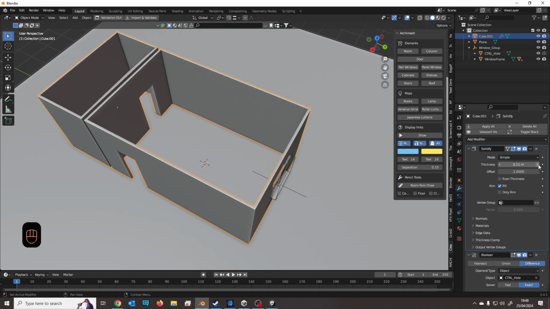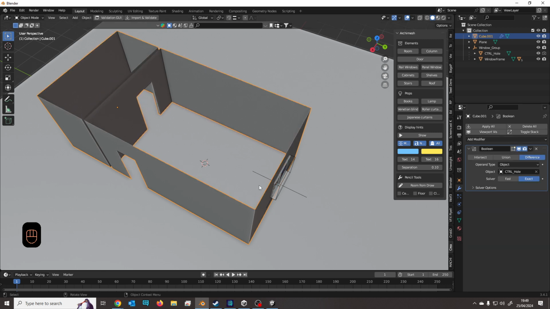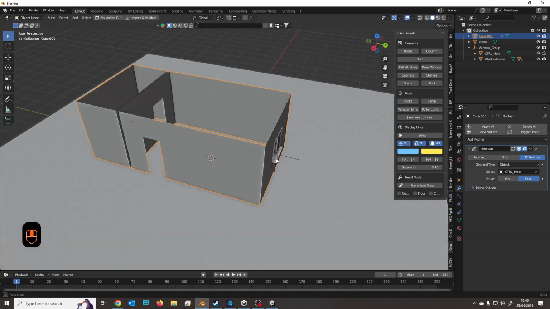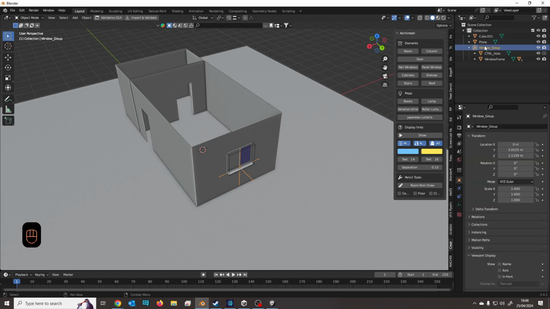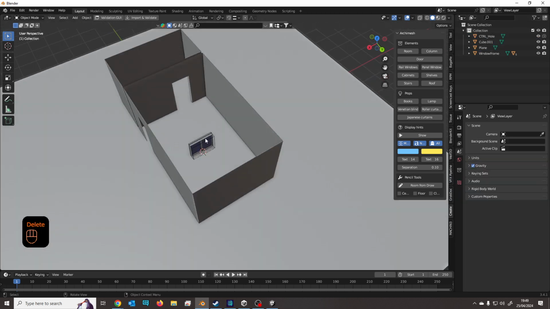Choose how thick we want our walls to be. Of course, it's making the doors smaller, which is not really what we wanted. I don't really want to solidify this, you know. This is not what I want. So we'll just get rid of this for now. The reason I'm not is because